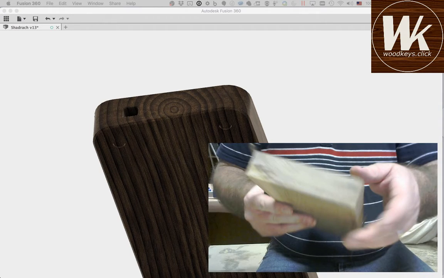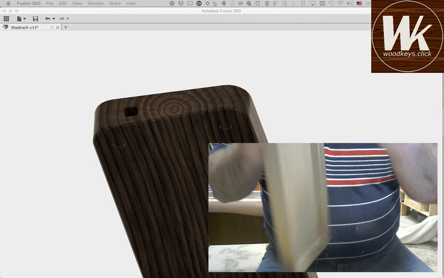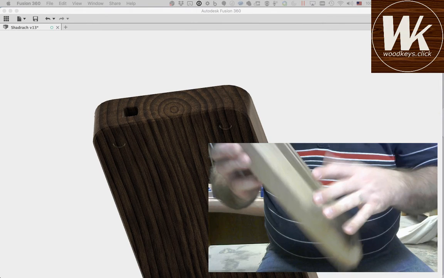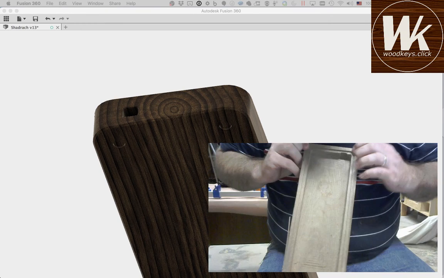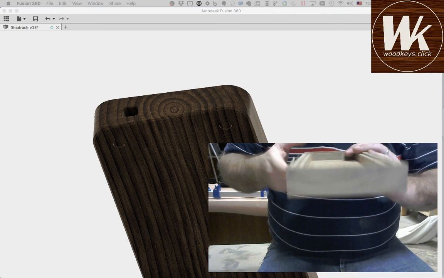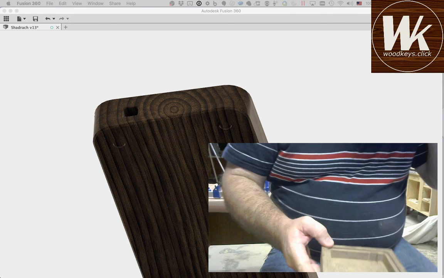Okay, and we specified this corner over here is going to be the zero. Fortunately, that's the one I kind of took the corner off of, but I think we'll be all right. We'll take some quick measurements, make sure that